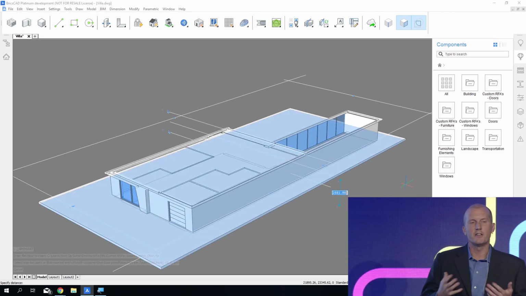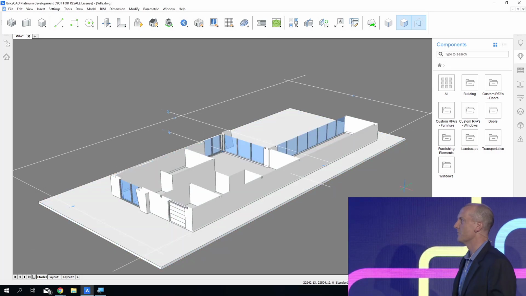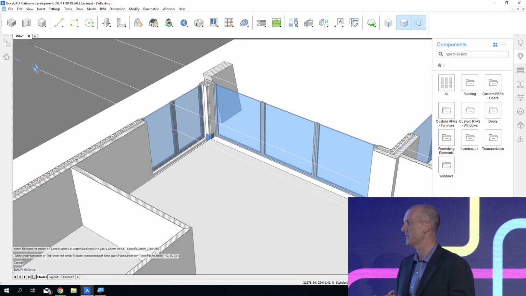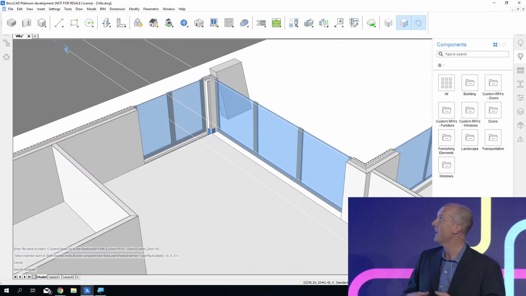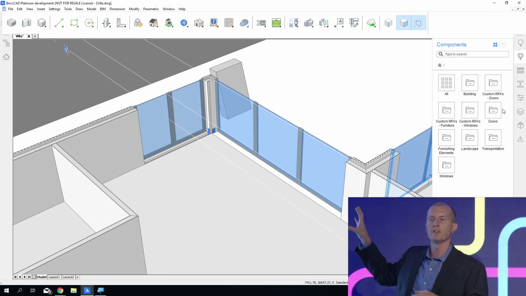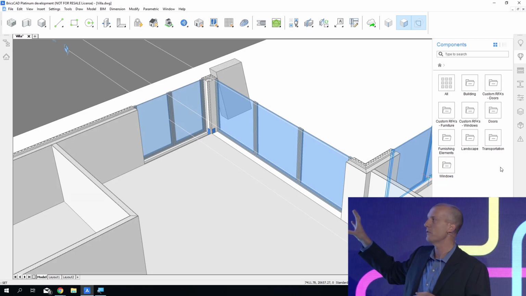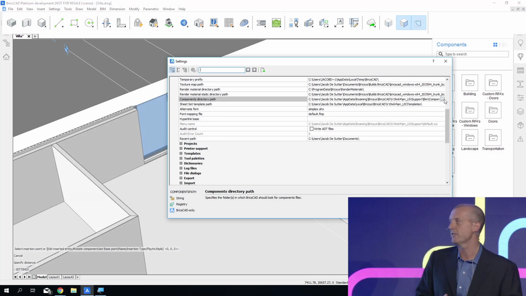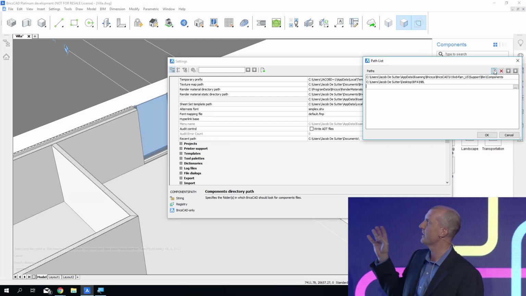We can also do that in other ways as well. So we can step inside the design as well. If we wanted to add to the components, I should say, not only does it have a new look and feel, but it also has a lot more content included and a lot more components. But if you wanted to add your own custom set to it, you can easily do that by adding a path,